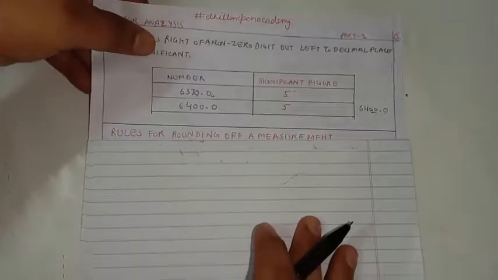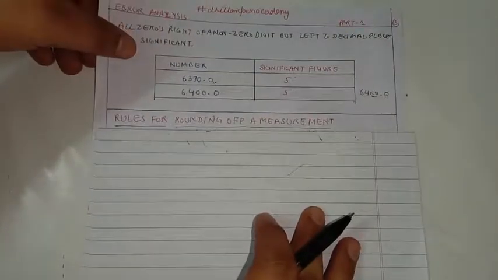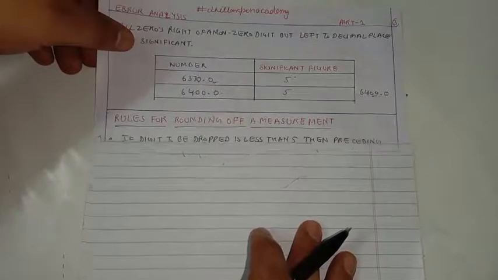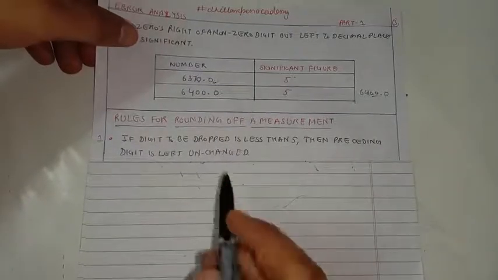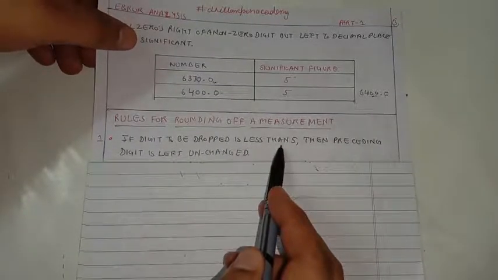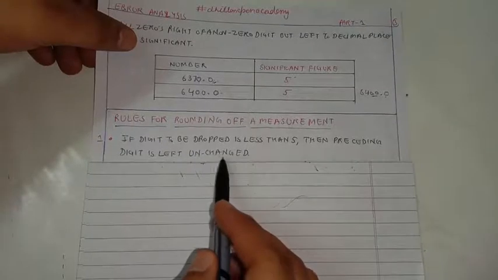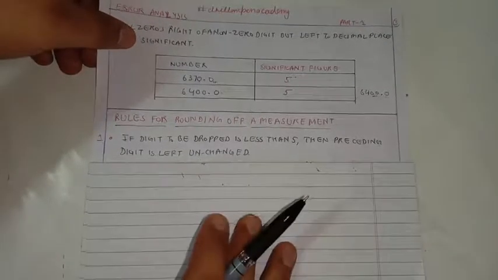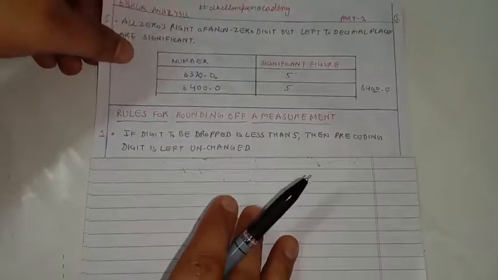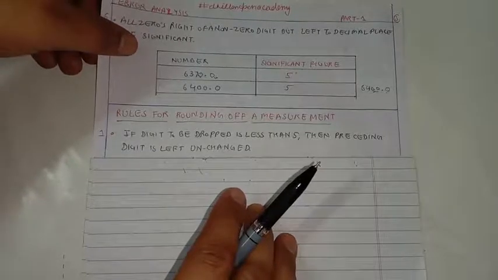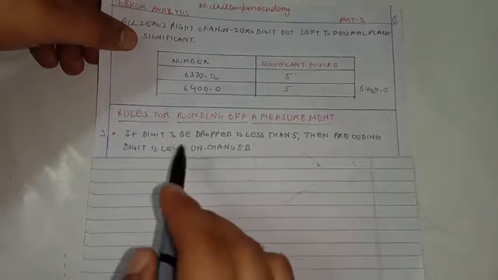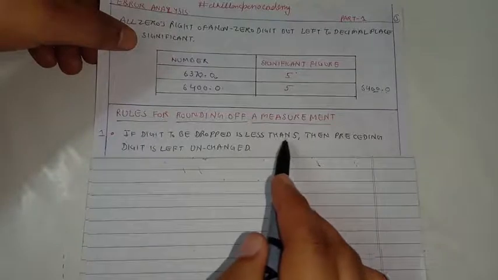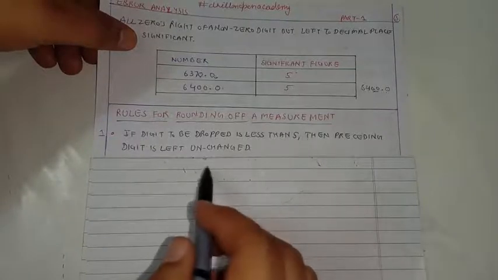Next, how to round off a particular result or a measurement. If the digit to be dropped is less than 5, then the preceding digit is left unchanged. So when we are making an approximation, rounding off a few of the digits in a measurement, what rules do we have to follow? First one, if the digit to be dropped is less than 5, then the preceding digit is left